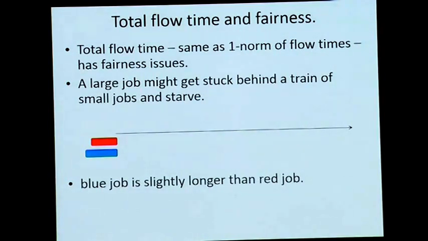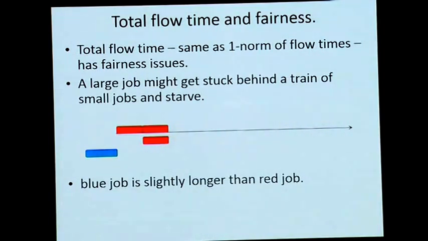For instance, let's look at the same algorithm I told you about, SRPT. Suppose I have 2 jobs now, a red job and a blue job, and this blue job is unfortunately just slightly larger than the red job. Just slightly larger. Okay? What's going to happen now? I'll schedule the red job. At time 1, another red job comes. Same size. What will I do now? I have a red and a blue. Blue is slightly larger than the red. I'll again schedule the red.